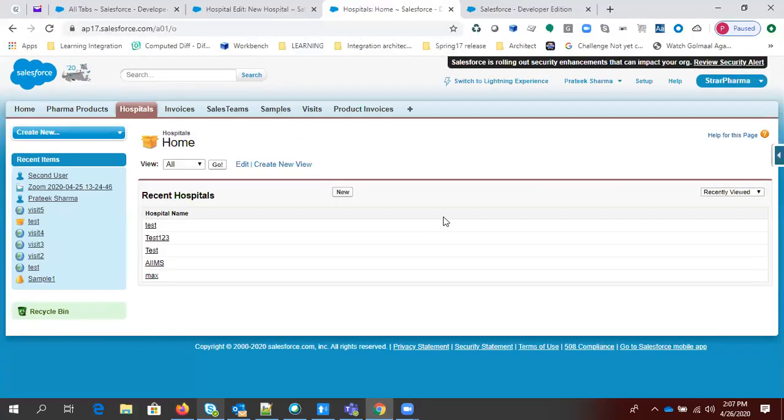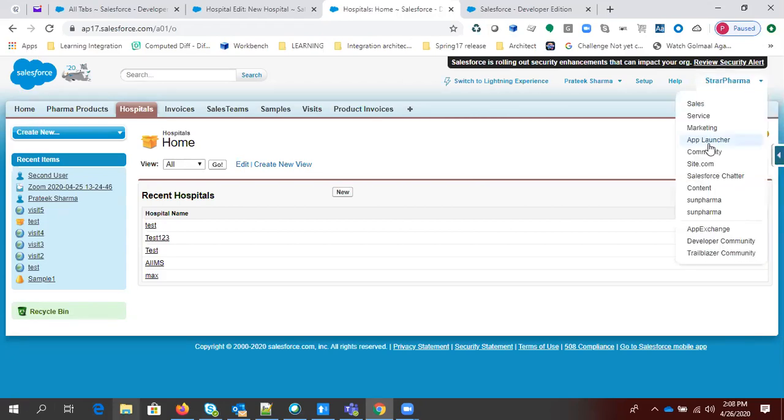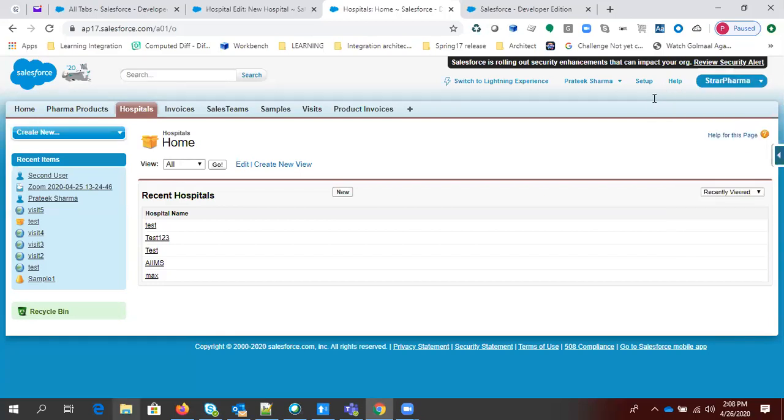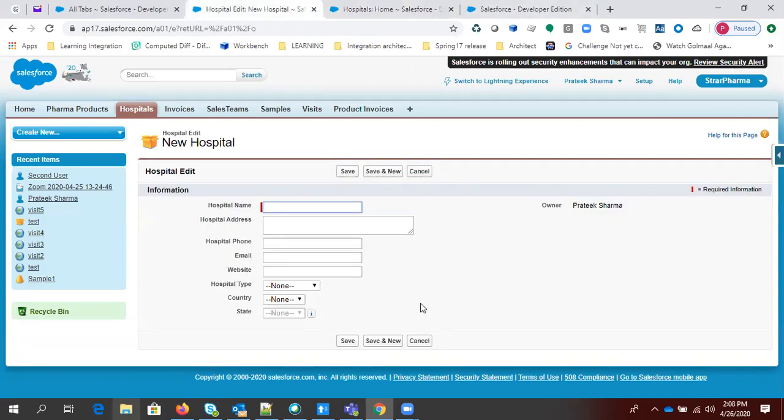So what we need to do now is create a permission set and assign that to this second user, and that user will have the marketing app access. This particular user will be able to see that drop down, and only two apps will be visible in it: one is Star Pharma and the other is this marketing app. So we are not touching this Batch 91 profile. We are just creating a new permission set.